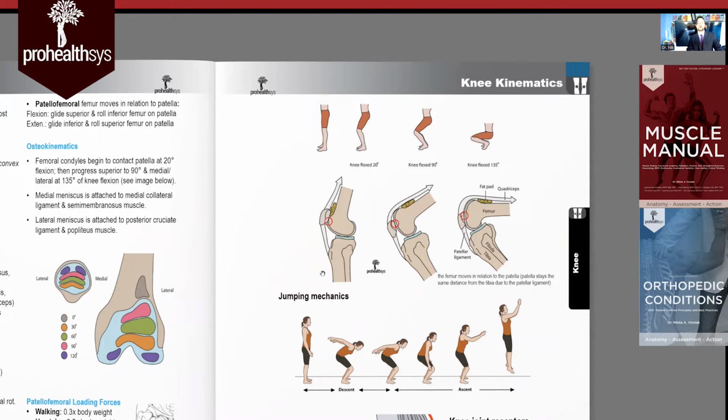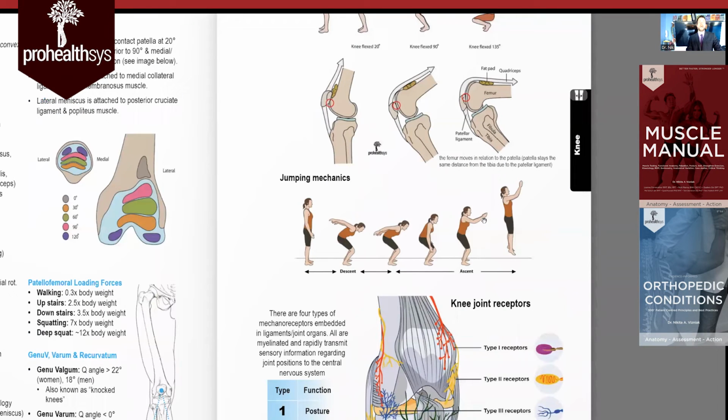If you contract your quads, it pulls tight. But as soon as you start bending your knee, the patella gets tight. And then the rest of the movement is from the femur actually moving in relation to the patella. That patellar ligament holds you in your maximum point of height. It doesn't actually move anymore beyond that, unless you have a nasty injury of bilateral rupture of the infrapatellar tendon